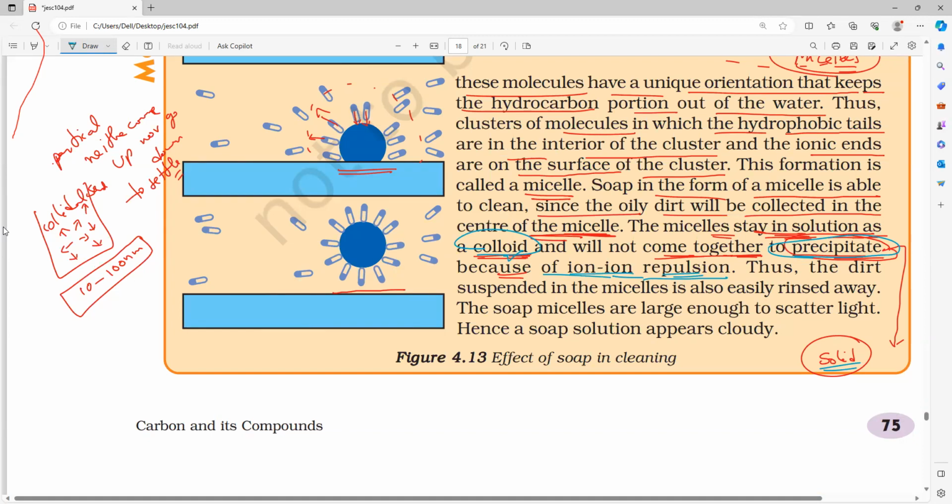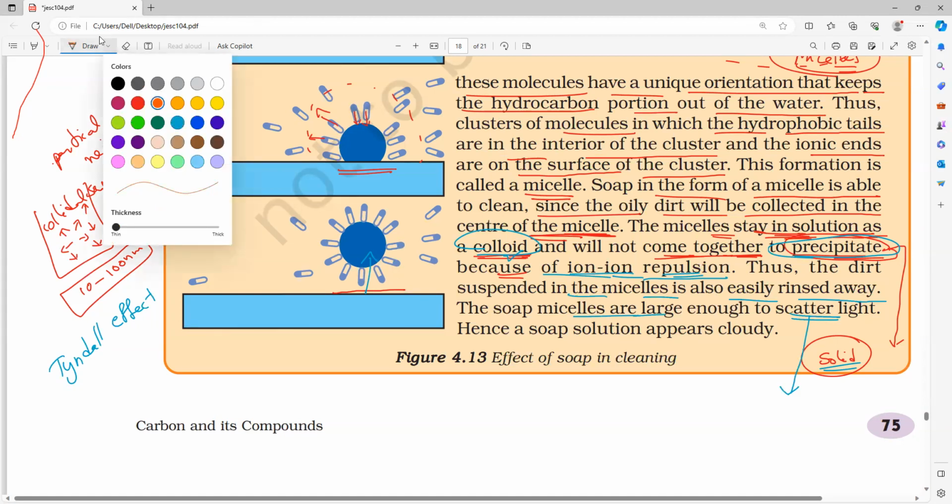Now, the dirt which is suspended in the micelle is also easily rinsed away. That is how it is taken away from the cloth. The soap micelles are big enough to scatter light. That is what we can see. We all studied the Tyndall effect in physics. So what do you mean by Tyndall effect? Anybody? First, what is the meaning of scattering of light? We all studied physics. Anybody? Scattering of light,